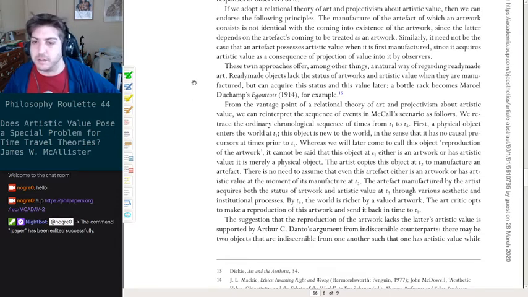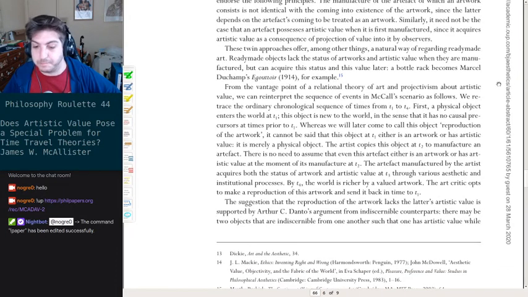That's what I was saying earlier about Duchamp. Ready-made objects lack the status of artwork and artistic value when they are manufactured, but can acquire the status later. For example, a bottle rack becomes Marcel Duchamp's Egoteur. I can't. I wish I could. I gotta learn how to speak French. Egotoire, maybe. I have no idea. For example,